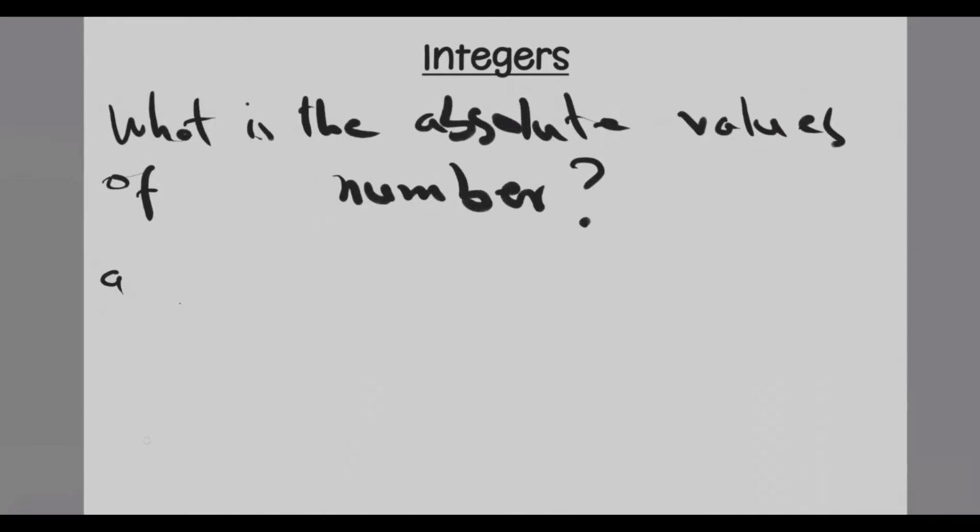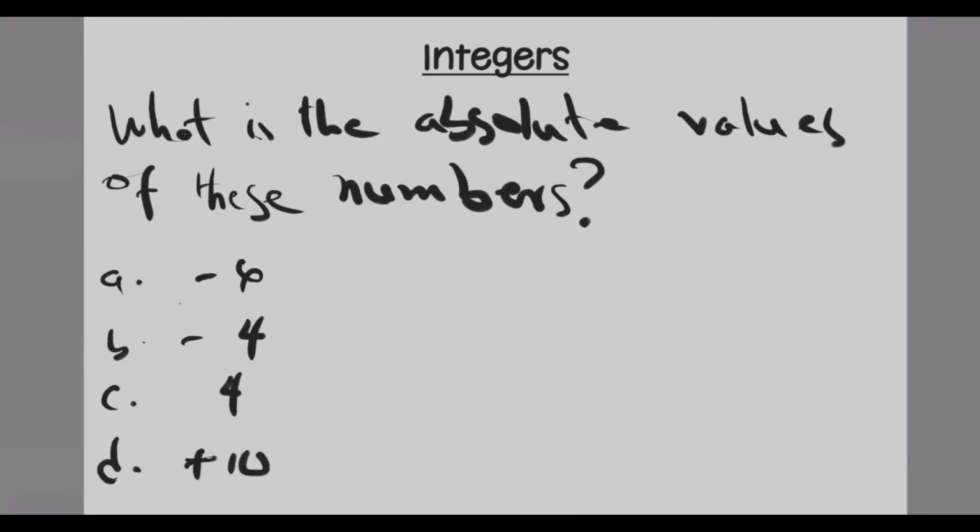So let's say A we have minus 6, B, we have minus 4, C, we have 4. And D, say we have